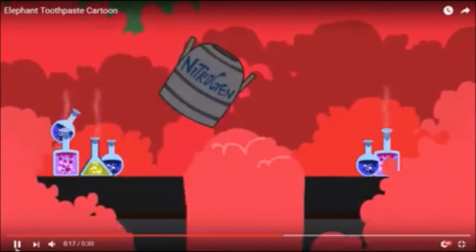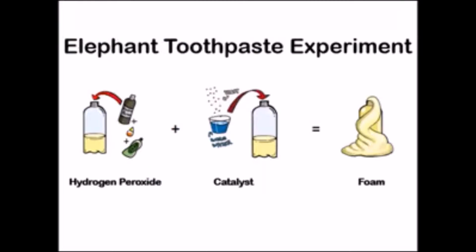Usually the experiment is conducted in a container with a narrow mouth to allow the foam to spurt upwards just like a tube of toothpaste. And due to the sheer mass of foam and hydrogen peroxide it produces, it is said to be fit for an elephant. This experiment is good to teach as it shows multiple concepts of basic science, such as matter, energy,